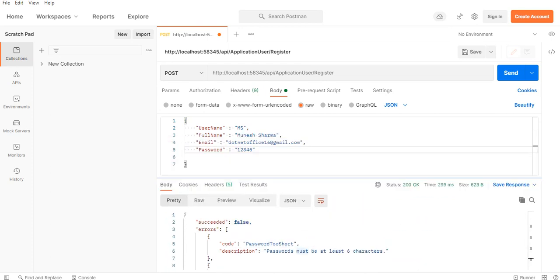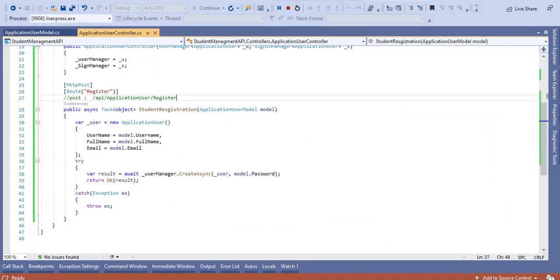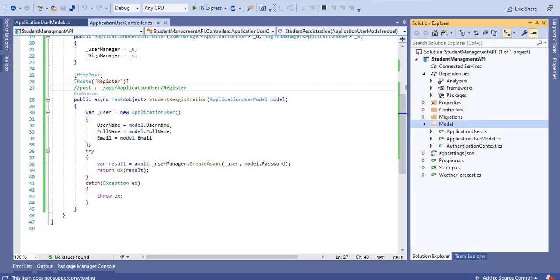If you want to customize your password, like you only want to give numbers and you don't want to fix it as 6 characters, for you it can be 4 or 5 characters, then we can customize this thing. And for customizing this one, let's go to Visual Studio, and here let's stop debugging this one,